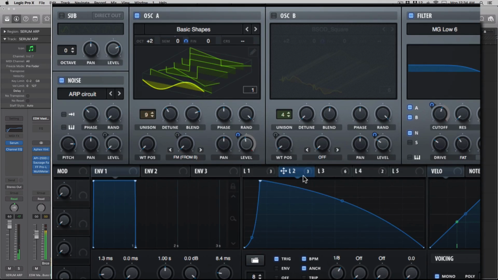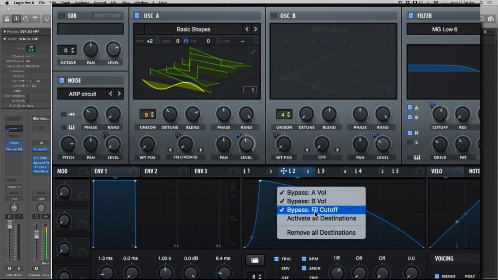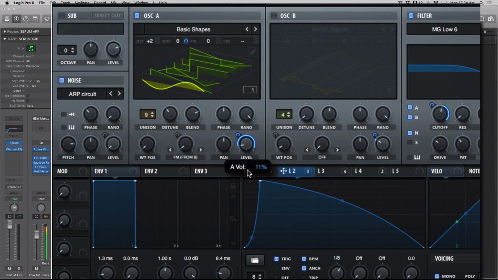So what you can do is take a second LFO to act as your performer. So let's unbypass all of this. And now what I'm going to do here is we're going to activate it, and we're going to then modulate that into the level of our oscillator. So it's controlling how the oscillator is actually going to be performed, essentially. And let's do the same thing with our filter. And this is just the basic LFO shape. Now if I play this,